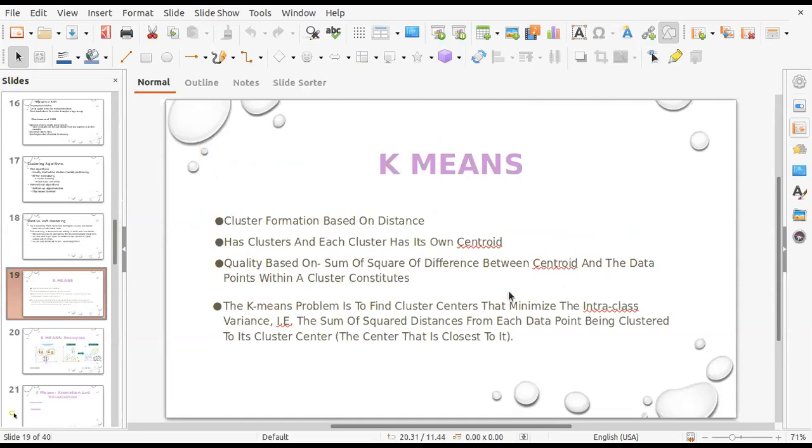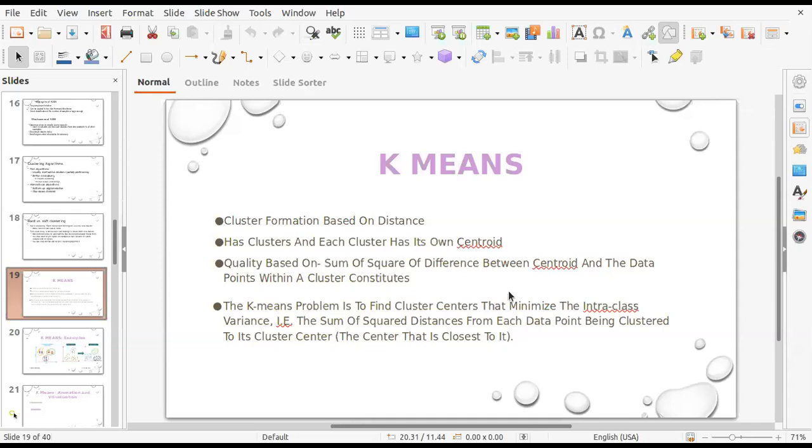Now let us concentrate on the K-means algorithm. The clusters are formed based on distance. Again, we use the standard distance formula for computing the distances, and using these distances we form the different clusters.